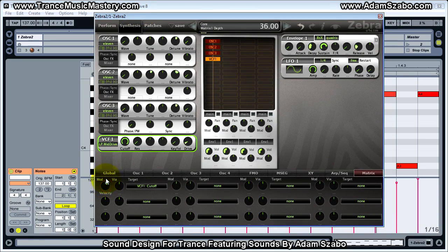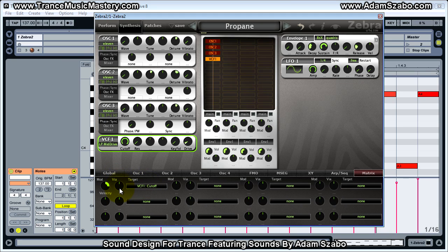Okay, so that pretty much explains the basic idea with the modulator knob, the mod knob, and the target. Now, this mod is known as the primary modulator, and the via is known as the secondary modulator. And these work together so that if I wanted velocity, let's say, to affect cutoff, but then I wanted a secondary modulation source to also affect the degree to which the velocity affects the cutoff, then I can use this